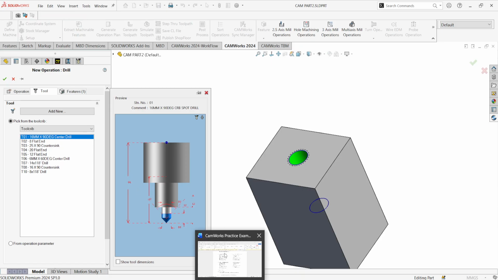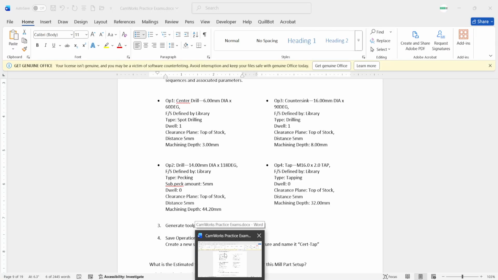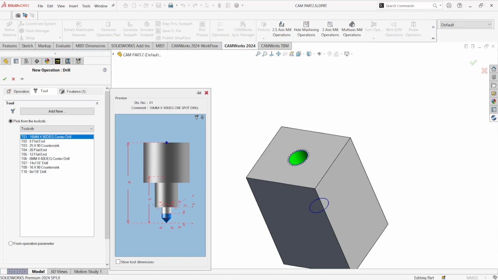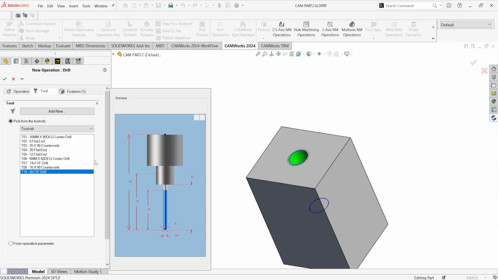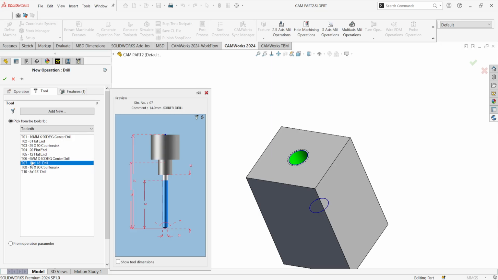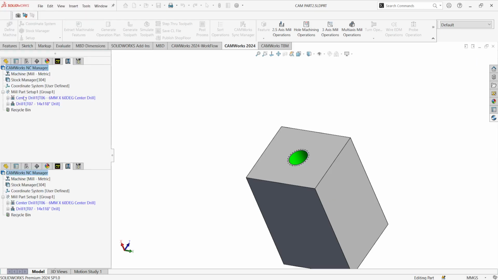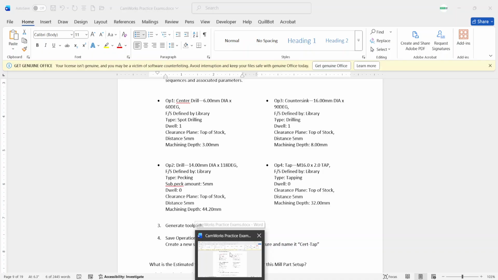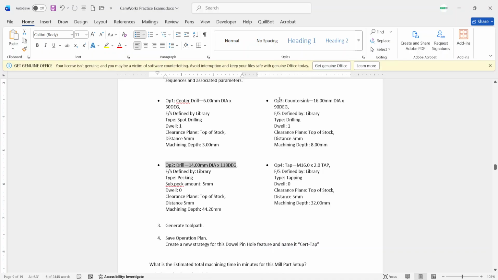So the tool we are going to use is this. So we are going to use this tool. No, this one. So we have this. The next operation is this, with this tool,